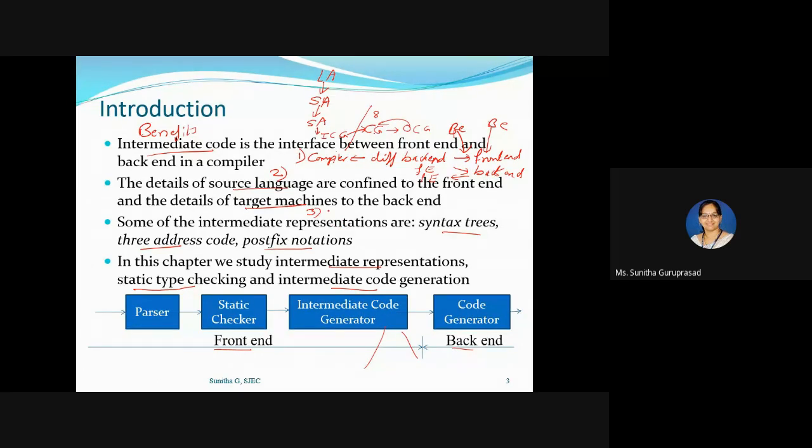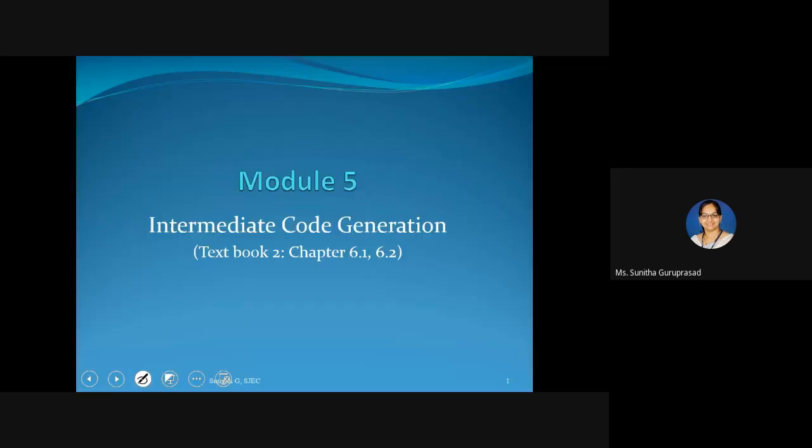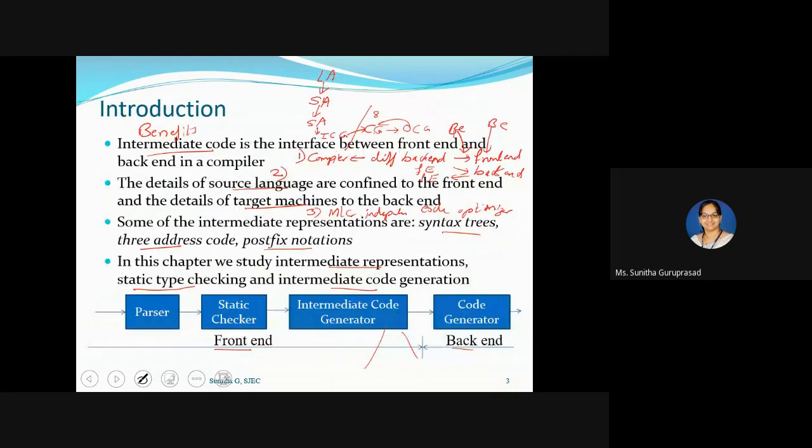Here you have a code generator, the code is generated, then it goes for optimized code generation.